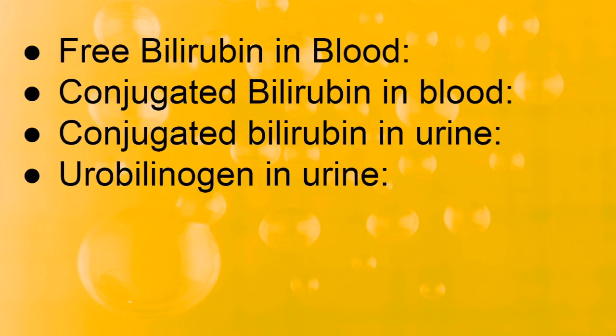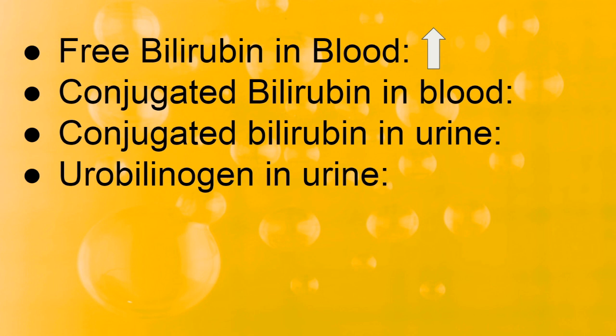Okay, so now let's discuss this. First try to answer this by yourself. What will be the amount of free bilirubin inside the blood? Of course it will be increased, because over here the liver was not able to function well, so it was not able to conjugate the bilirubin well, and so free bilirubin is found in excess amount in the blood, giving yellowish discoloration to the sclera, skin and nails.